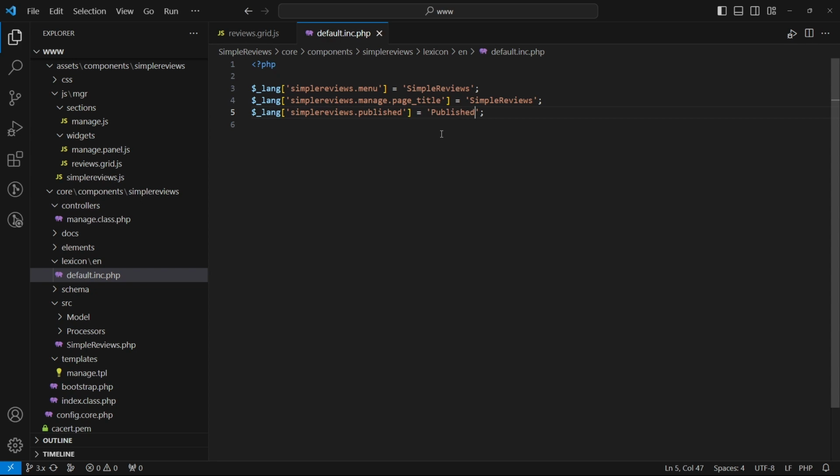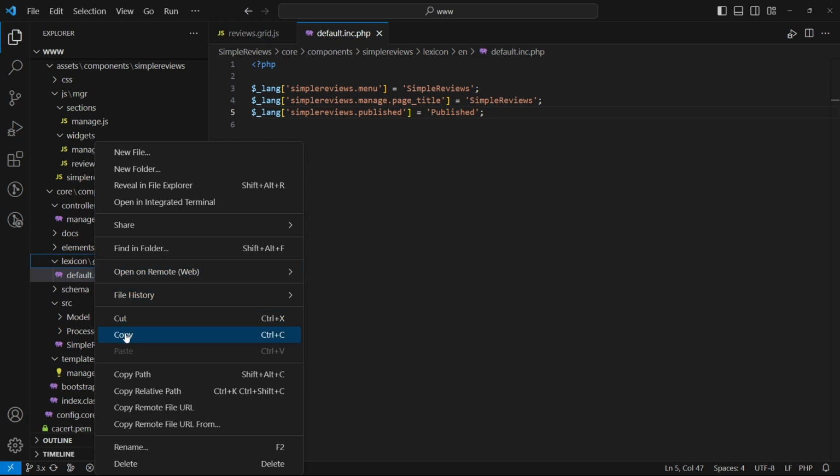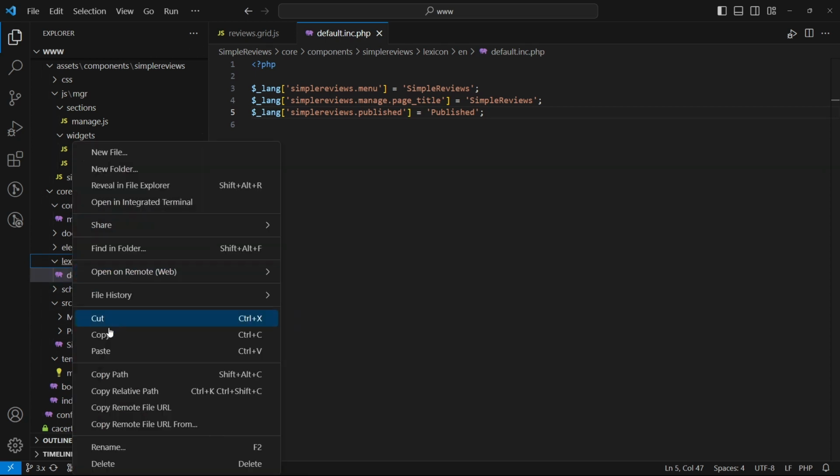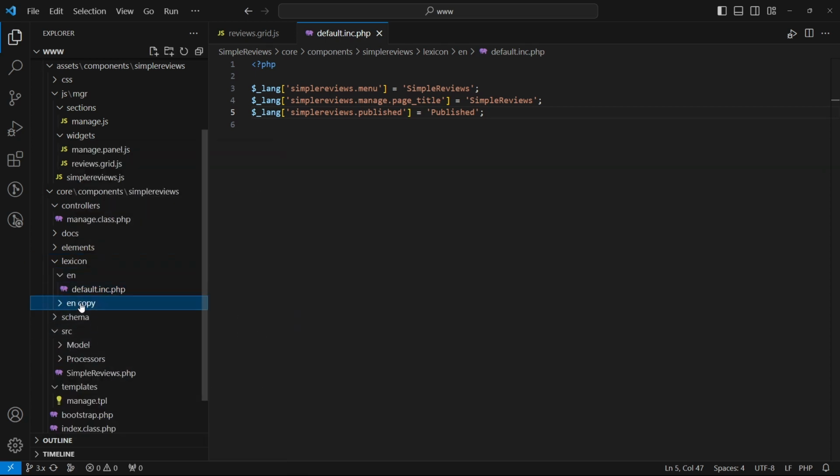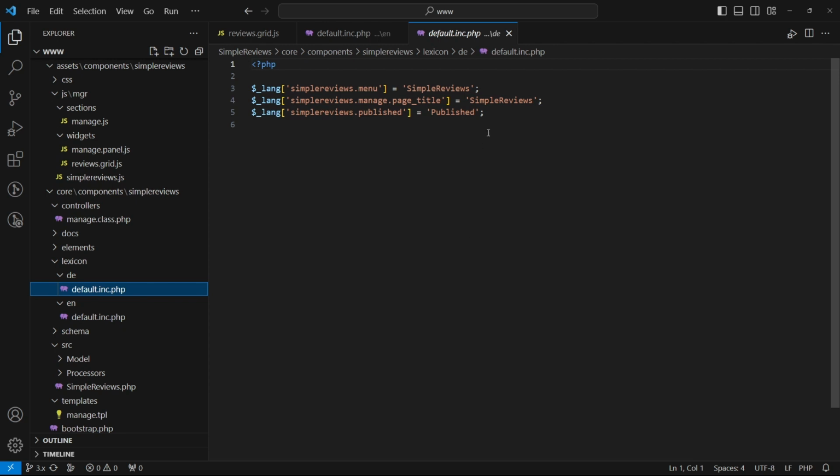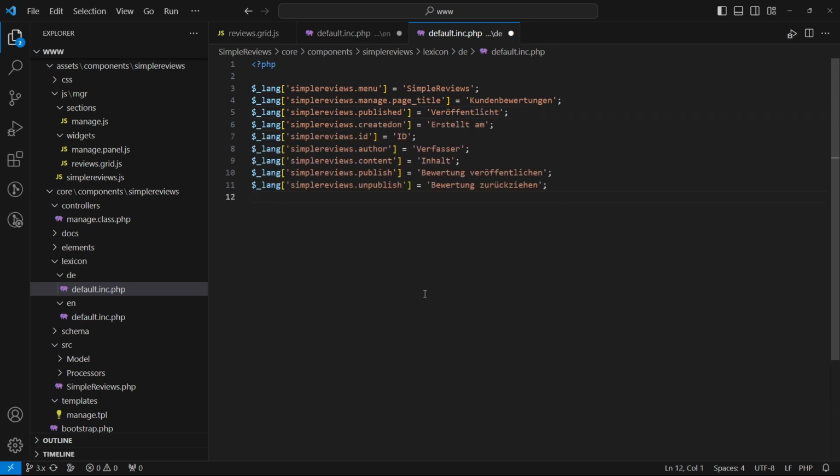To support an additional language, add a new folder with the language code to the lexicon directory. We use DE, German, as an example. Then translate the values of the entries in the lexicon file. After changing all the hard-coded texts in the grid to lexicon keys and translating them, we can check the result